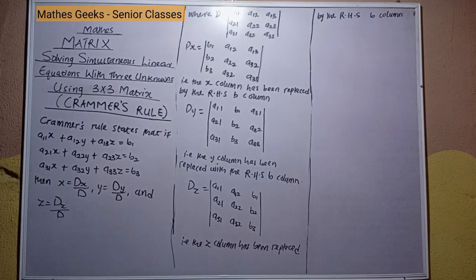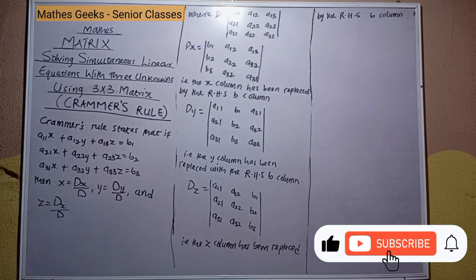Solving simultaneous linear equations with three unknowns presented by three matrices. Cramer's rule. We're going to use Cramer's rule in this video, or we're going to learn about the use of Cramer's rule to solve for three unknowns simultaneously. Cramer's rule states that if